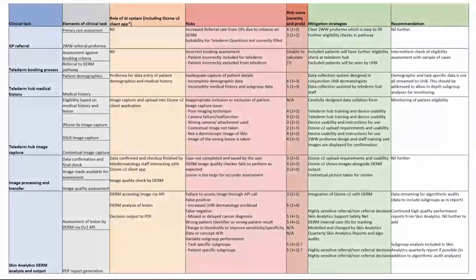And then we, please don't try and read the next slide, but essentially it's just to show the kind of failure modes and effects analysis that we undertook. And this was very much based on documentation, so clinical safety documentation provided by the manufacturer, but also the DCB standard, etc. And so we worked with that, put together this draft, and then worked with the AI